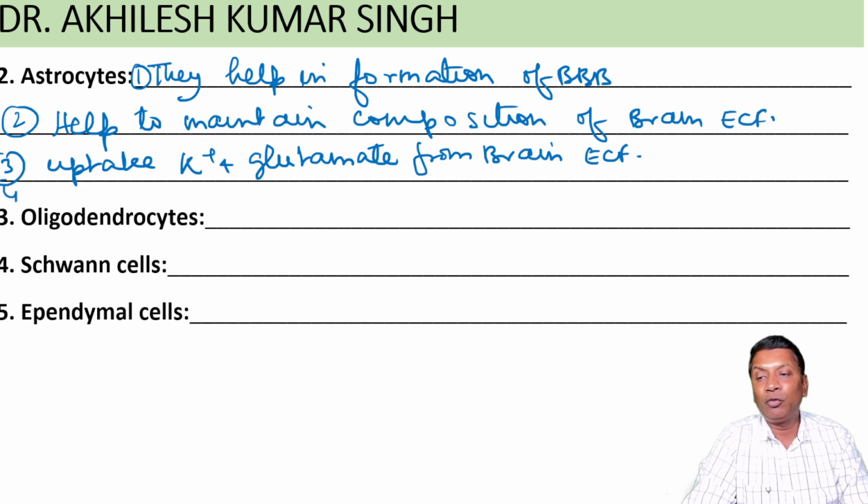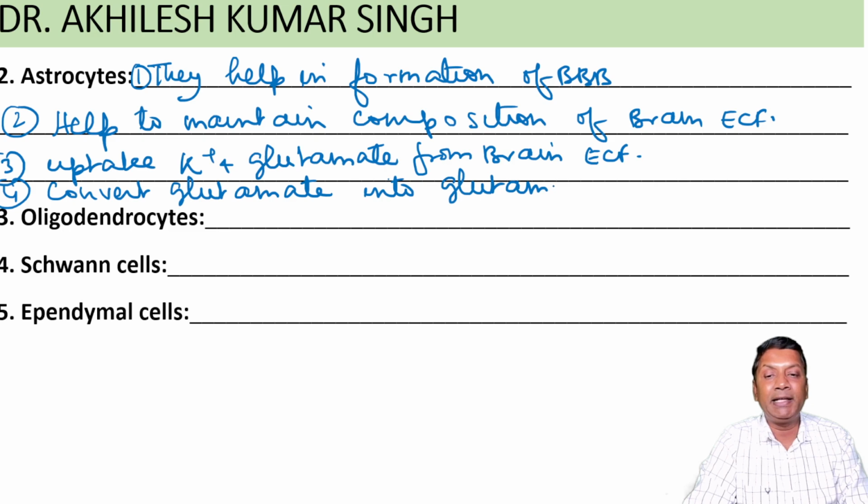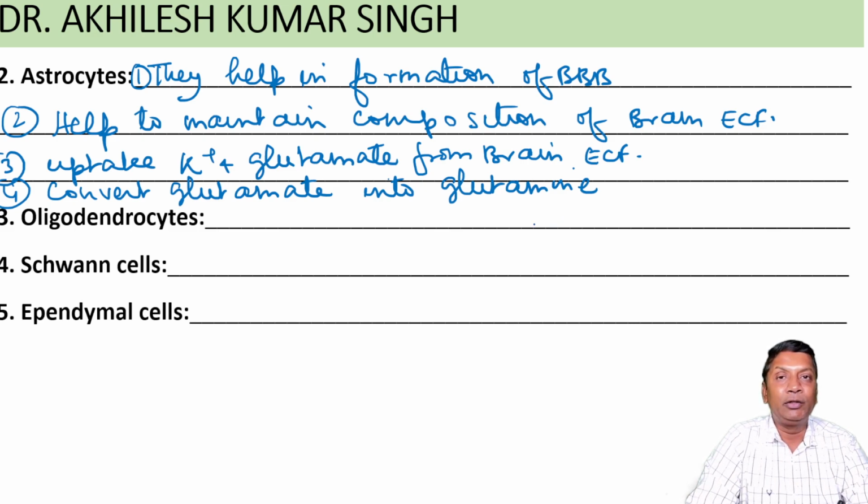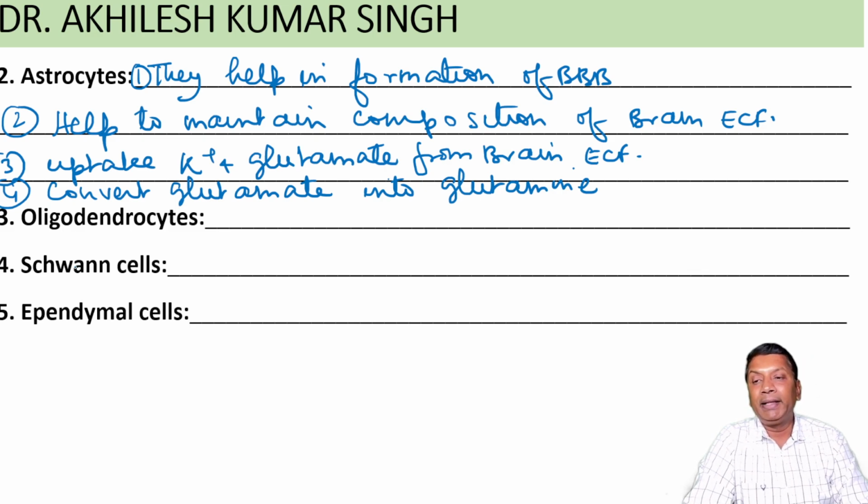So remember this fourth one, that they will convert the glutamic acid, or the glutamate, into glutamine. The glutamic acid or glutamate is the main excitatory neurotransmitter in the central nervous system. So they will convert this excitatory neurotransmitter glutamate into glutamine. Then the third